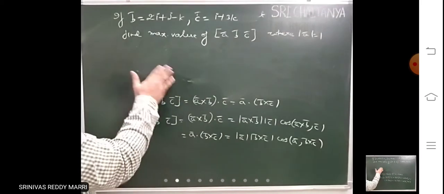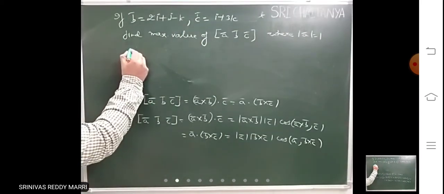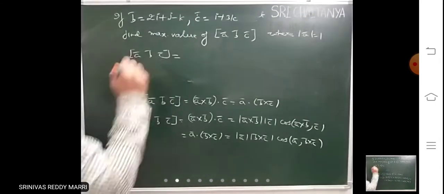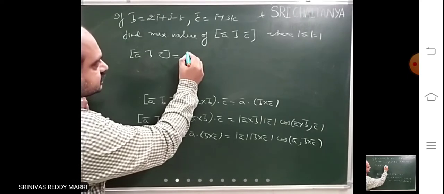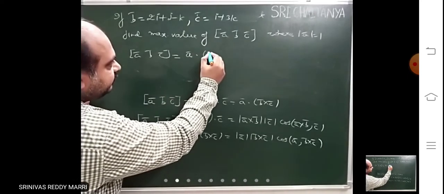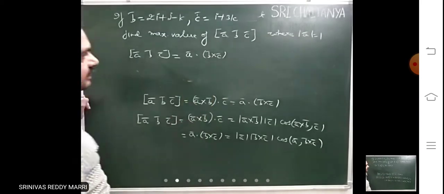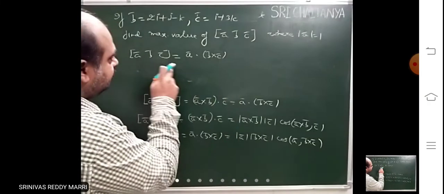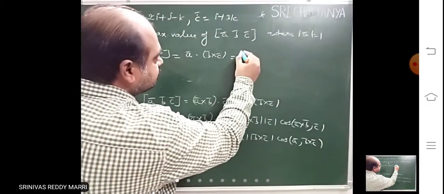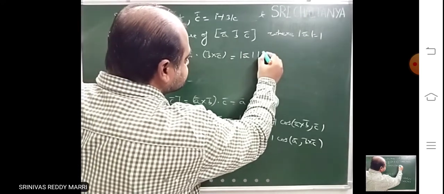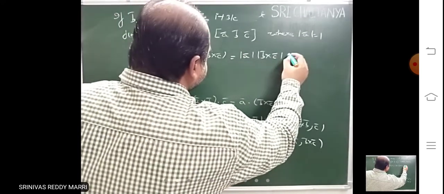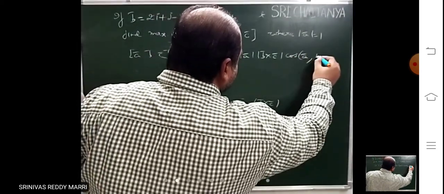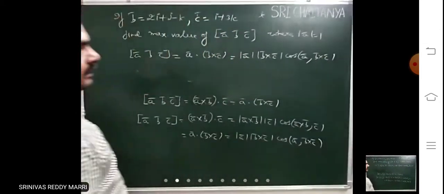Now look at here, B bar is given, C bar is given. Now he is asking the scalar triple product of this. So box of A bar, B bar, C bar means A dot B cross C. You can evaluate this easily if you write it like this, because the magnitude of B cross C you will be knowing, and modulus A bar you know. So for this problem, you can write modulus A bar into modulus of B cross C into cosine of the angle between A bar and B cross C.